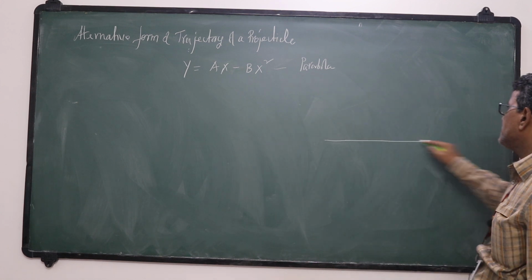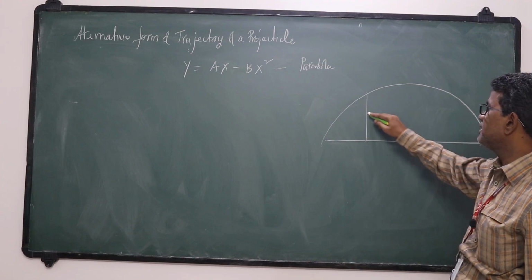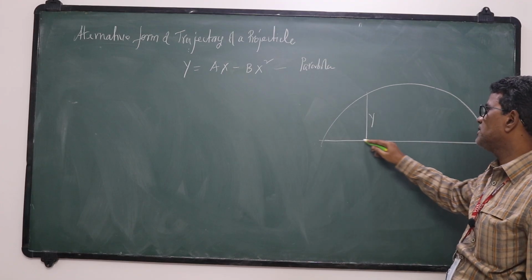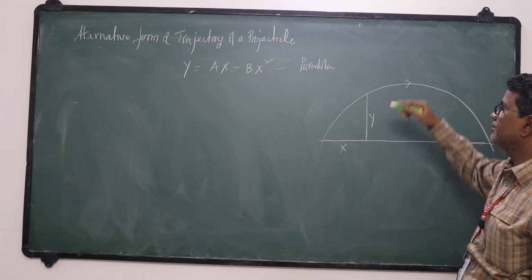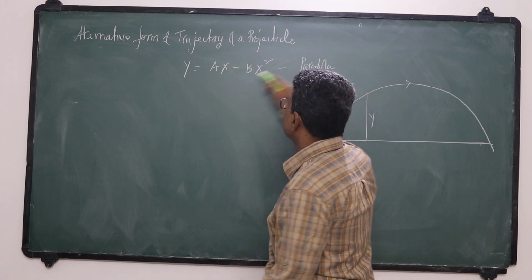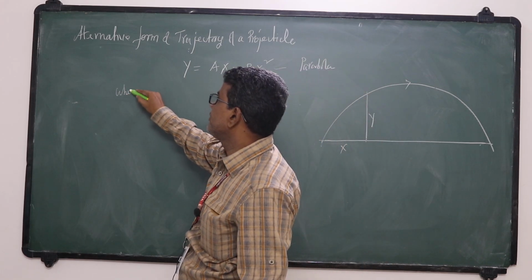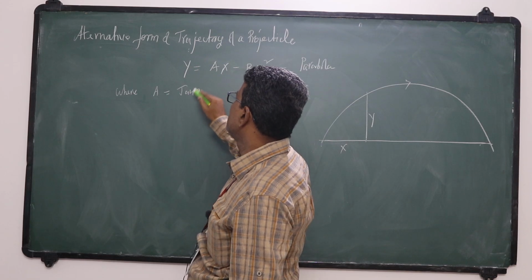What is y here? This y is the vertical displacement, x is the horizontal displacement for a projectile, where a and b are constants, which we arrived at already, where a is tan theta and